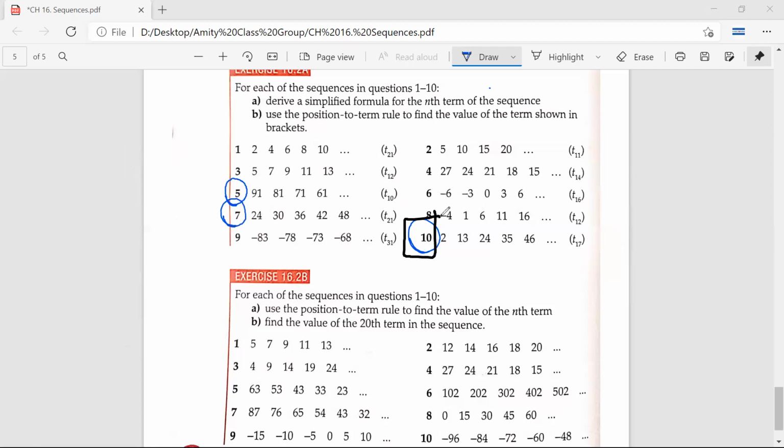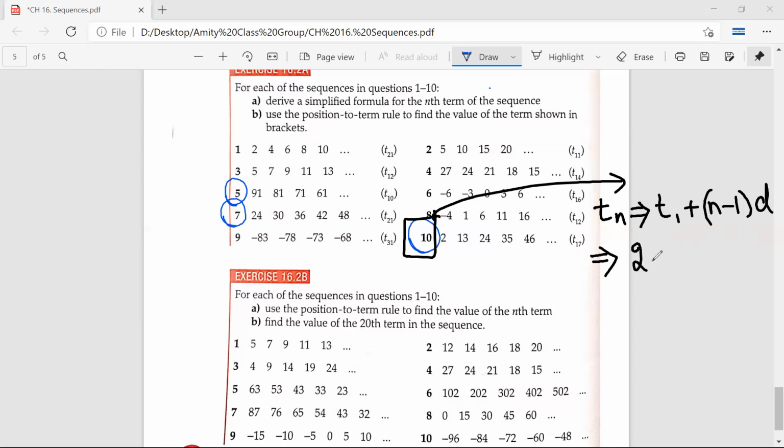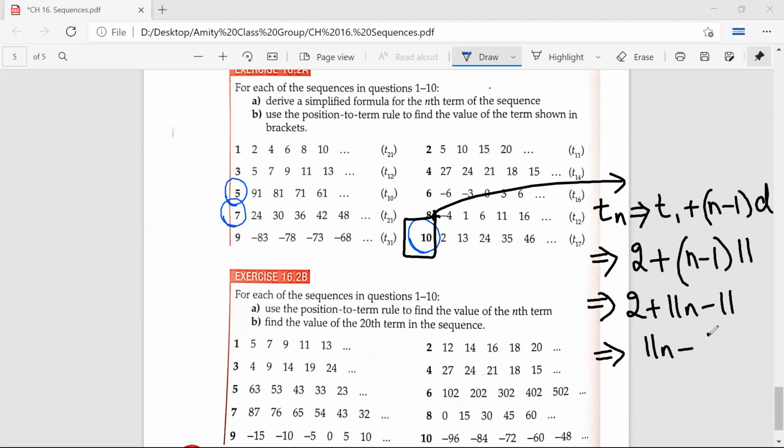So Aishwarya ji, question number 10. How did you find the Tn? So the formula is first term plus n minus 1 multiplied by d. So I got minus 6 minus 3 and minus 3. Sorry, just one second. I read the wrong one. So I got minus 9 plus 11 and it's the nth term. And then the answer is 178.